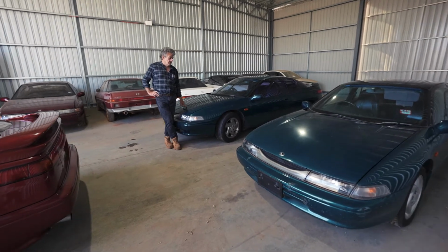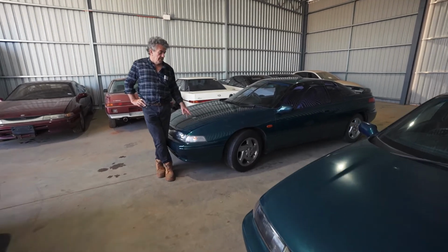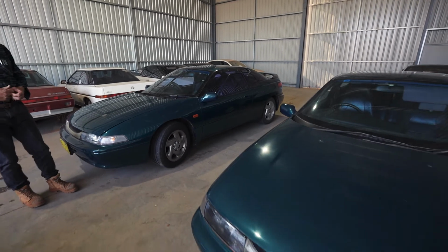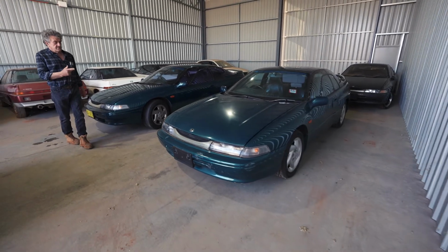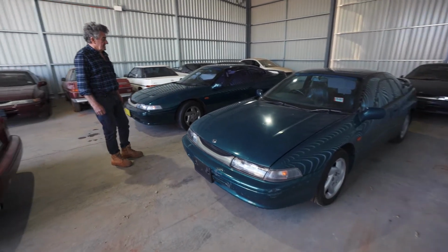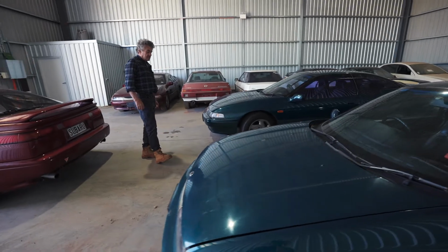So we've got a couple of green SVXs, these are 95s. They're both original. This one's quite good. That one was in a crash on the door, and we picked it up thinking we'd just use it for parts, but turns out we have a spare door and a few other bits, so we'll get it fixed up. And down the track,